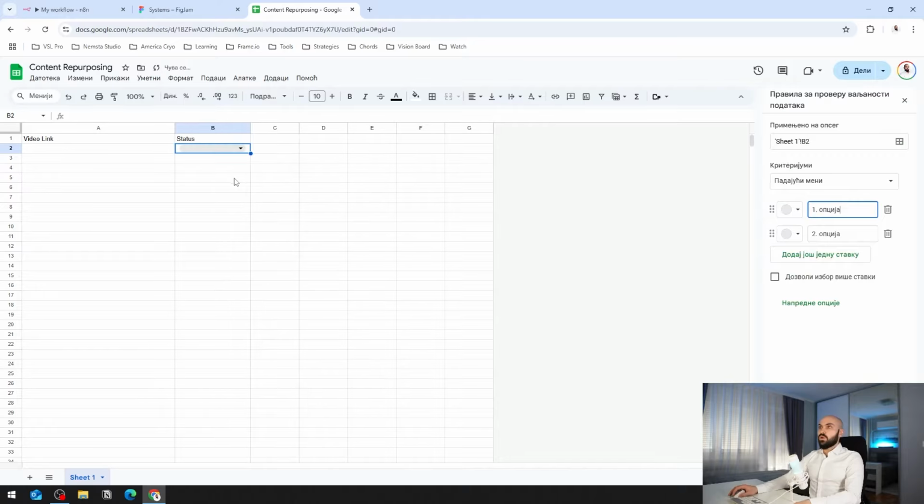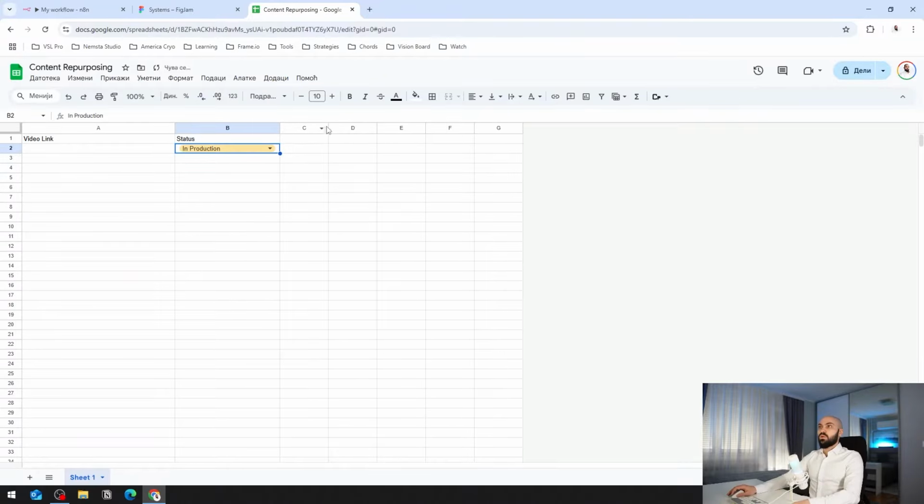And we will have the drop down menu with 2 options. First will be in production. The second will be done. And here we'll have all of different platforms. LinkedIn,